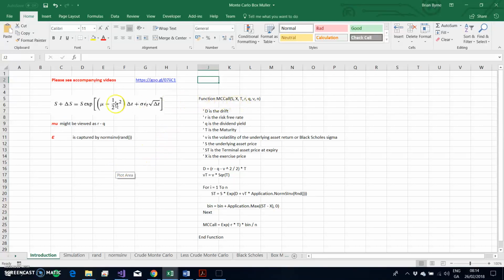Monte Carlo type estimation generally requires simulating variables that conform to a normal distribution. So when we're modeling the stock price, the change in the stock price over any given period can be captured by a kind of exponential growth, where the drift is given by mu, which is the difference between the risk-free